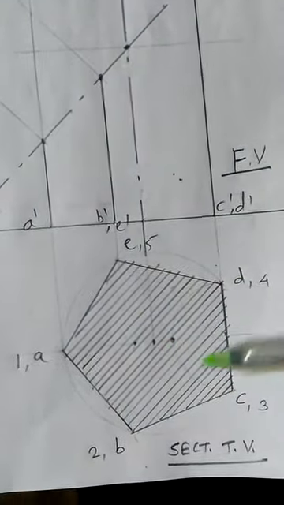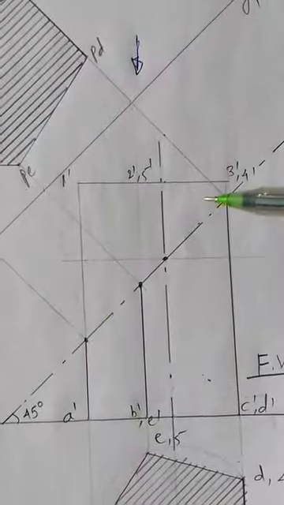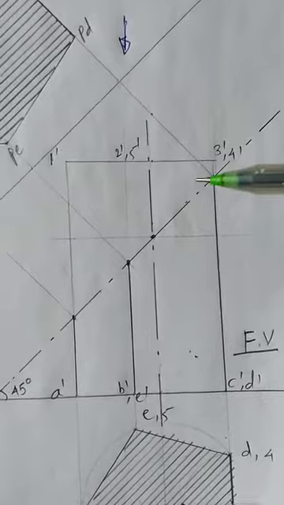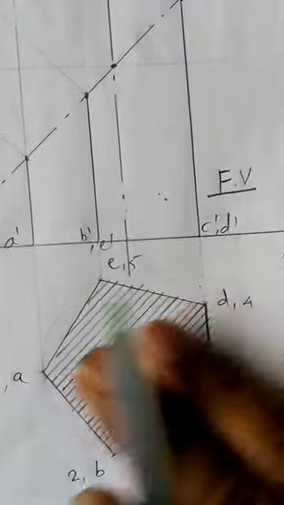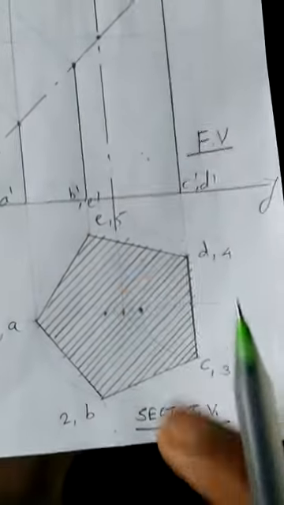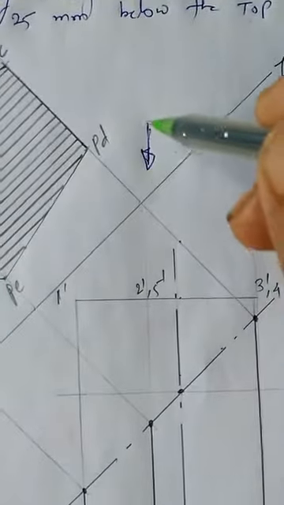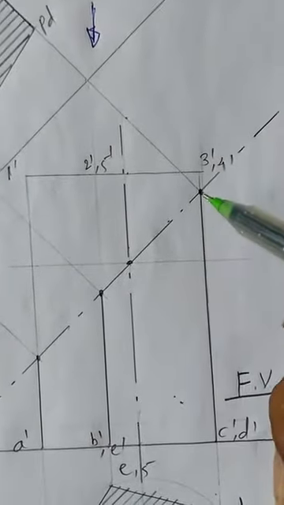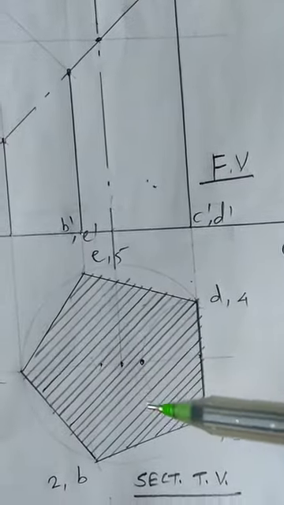Hatches are nothing but cutting edges, cutting lines which are created after the cutting effect. Means this part we are throwing, and due to the cutting effect, due to the saw teeth, such kind of rough surface or hatches will emerge over that surface. Okay, so this is the sectional top view, which is not reflecting its true shape, because this arrow of the top view is not normal to this surface which has been created here. That's why this surface is showing its apparent sectional surface.